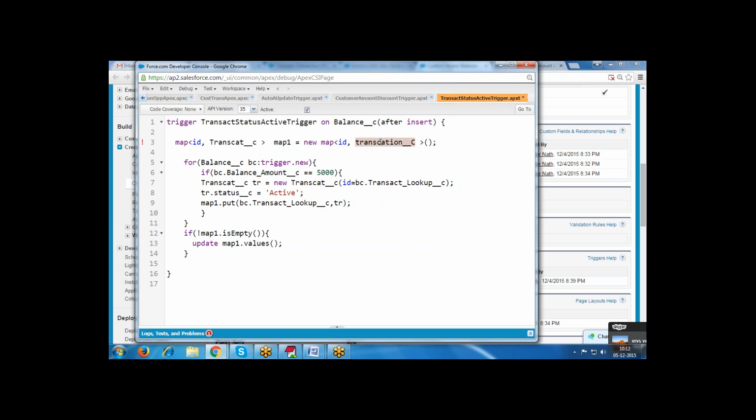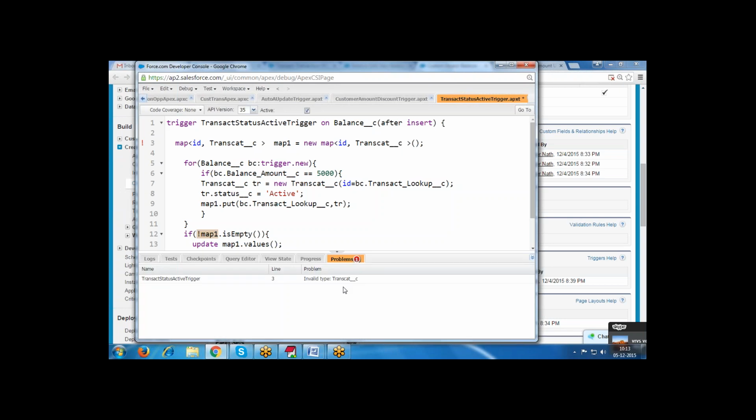If map1 is not equal to empty, then update map1 values, and automatically those values are updated.